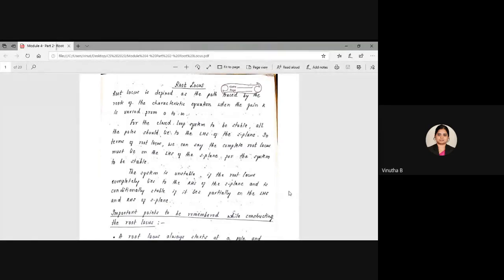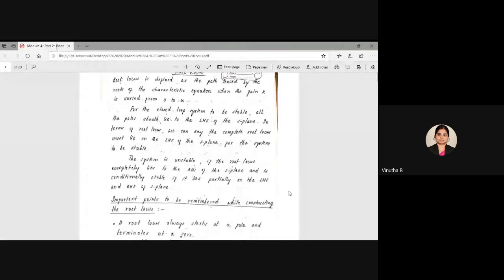So, in the previous class we had discussed the root locus, isn't it? We have even solved a problem, two problems we have already done. So today's class, I will just brief you about the points we studied in the previous class, and there are a few more points which I have included here. I'll brief you about all those points and then we will solve a slightly more complicated problem.